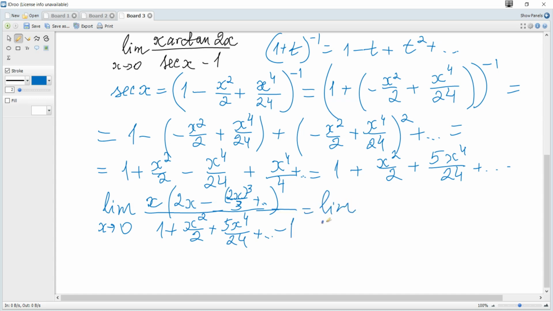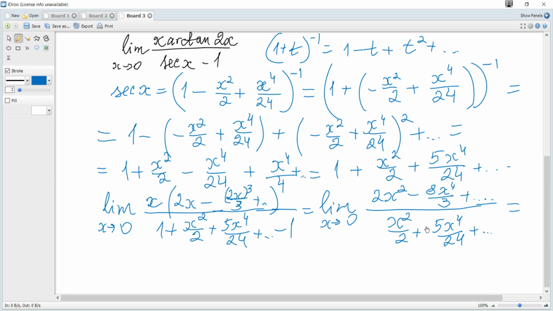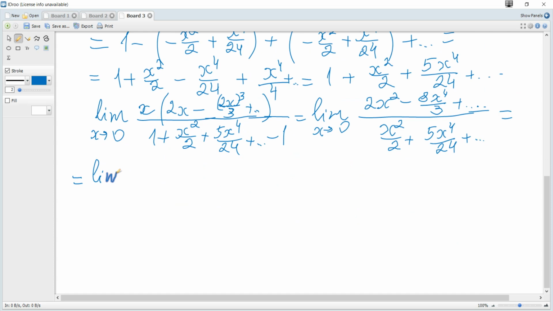And it becomes limit of 2x squared minus 8x to the power of 4 over 3 plus so on, divided by x squared over 2 plus 5x to the power 4 over 24 plus so on, and divide each term in the numerator and in the denominator by x squared,